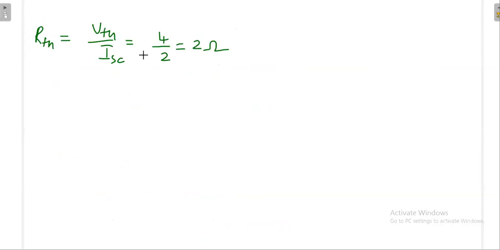Yes, by the general method. Now the question is whether I can remove the independent source or not. When I'm going to apply the general method, yes, sir, we have to remove it. Then what about the dependent source, sir?